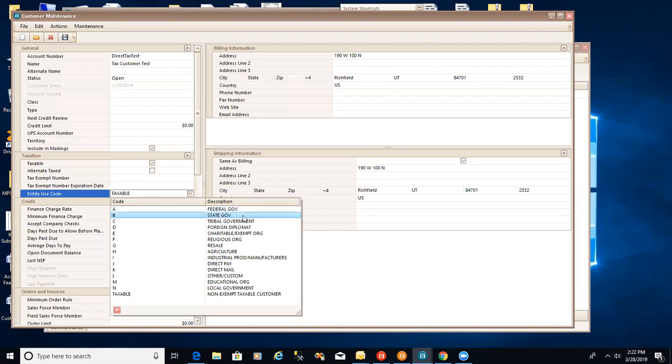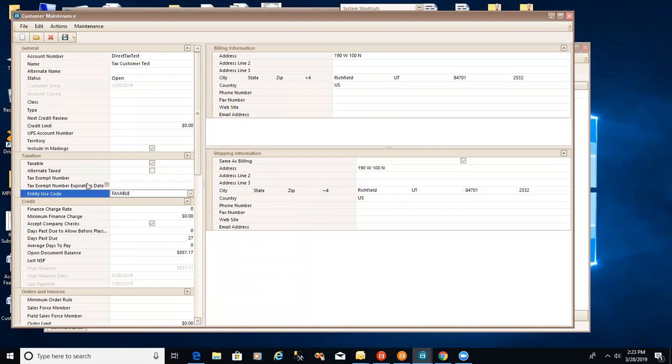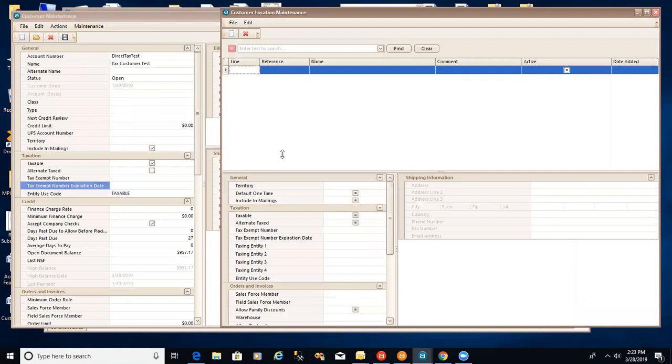the federal government, or it's a state government entity or a tribal government entity, whether they're a resale type of customer, whether there's some kind of industrial production or manufacturer, you get the idea. Those are all the different entity codes that are provided by Avalara, and they're incorporated into Acclamare. Now, what you'll notice is that, and I don't think I have a separate location set up for this customer,